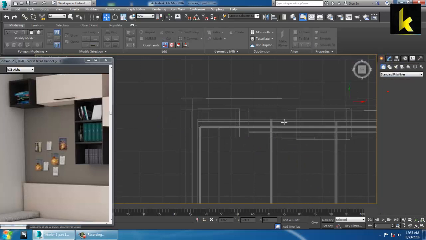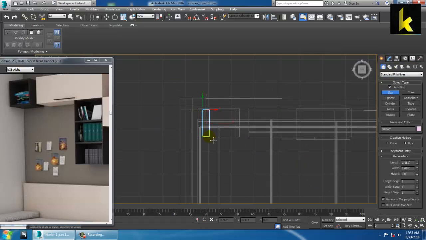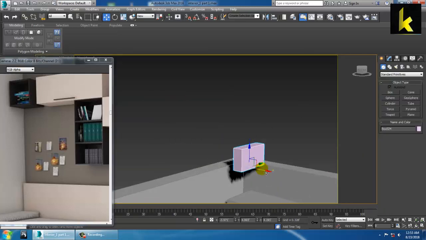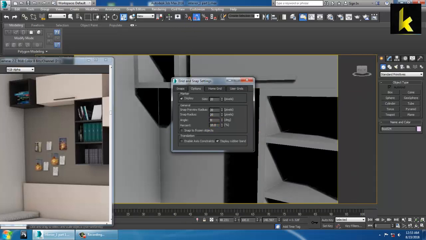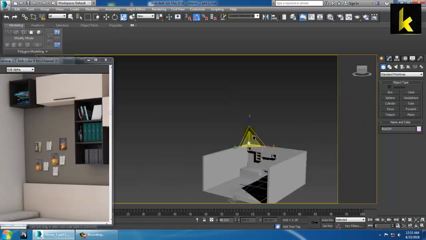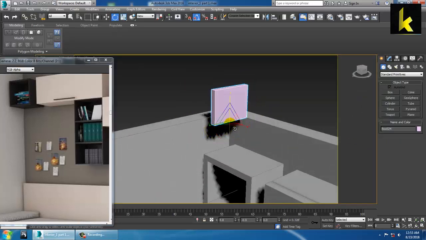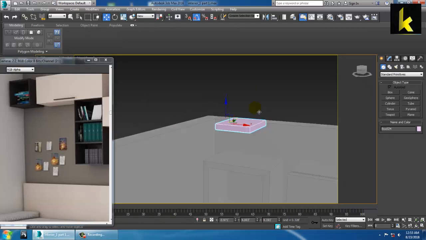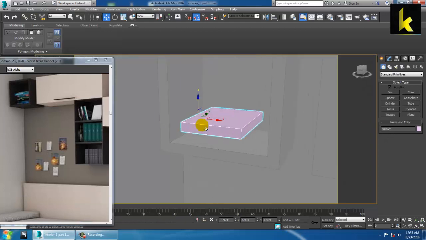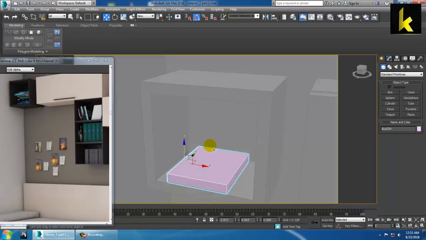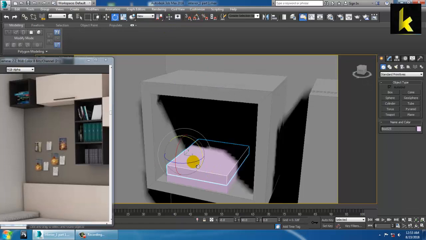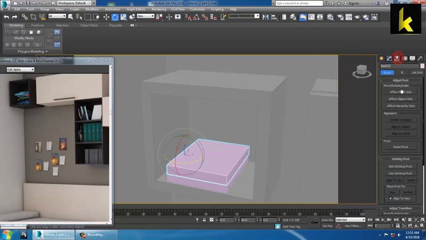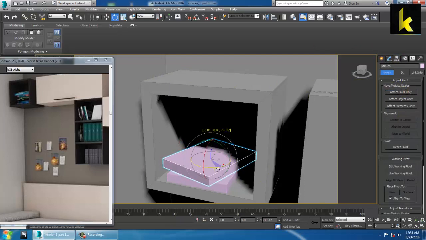So let's take a box to create these books like this. So you can rotate this over here till 90 degrees. So as you can see, we are just going to create some kind of textures over here for the books. So first we'll model it basic and we can do the texturing part accordingly. So you can rotate it. You can go into this hierarchy and you can make it center of the object, and you can just